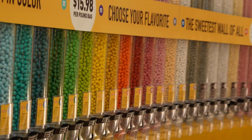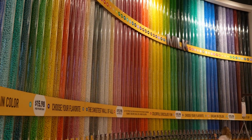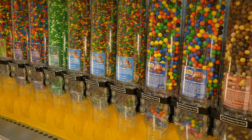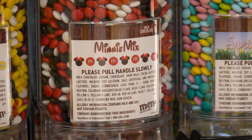It's not just colors. There's various types of M&Ms with different insides. Caramel, peanut, pretzel, mini M&Ms. So many. They have mini M&Ms and mini M&Ms. And